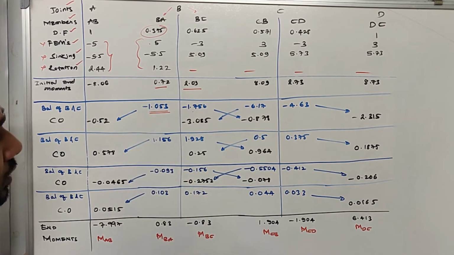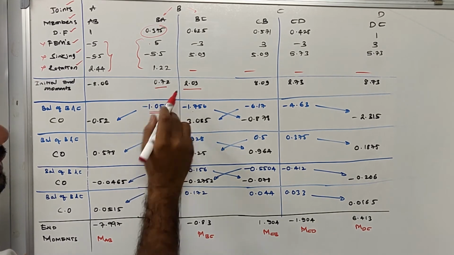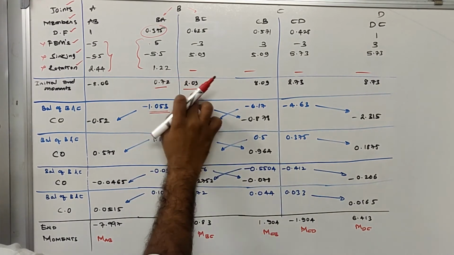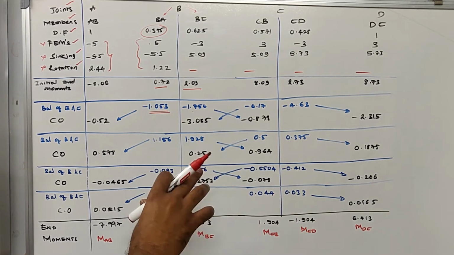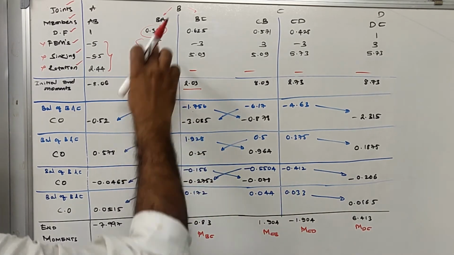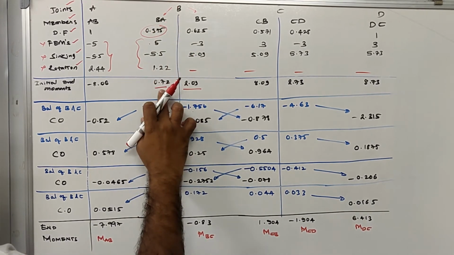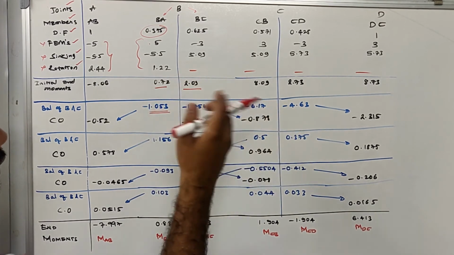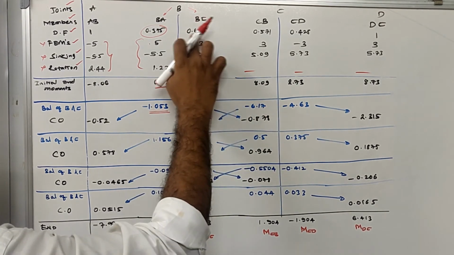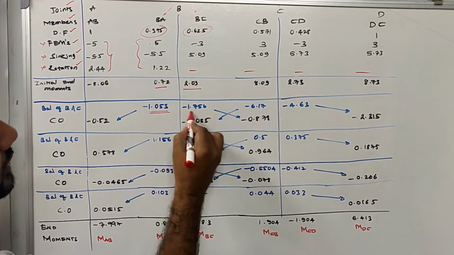You also know that while balancing, when we take the sum of this, we have to change the sign. If I take the sum of this, it will be a positive symbol itself, so we need to make it negative. So the negative of that sum multiplied by the distribution factor we are writing here. Similarly, 0.72 plus 2.09, we will get a minus value. Minus of that value multiplied by 0.625 we need to write over here. I hope this is very much clear.